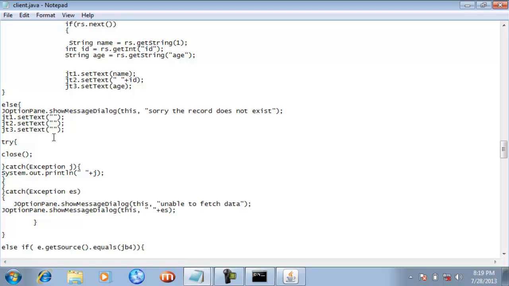Now guys, after the clearing of data from text boxes, I have used another try catch statement inside this else block, that if you enter inside this try block, so you see here that I have called the close method. So with the help of this close method, all the links between your Java application and MS Access database will close, and I have used one catch block so that if any error occurs during the closing of the link, it will get displayed. So this is the catch block of this try statement, and now this is the close of your else statement.